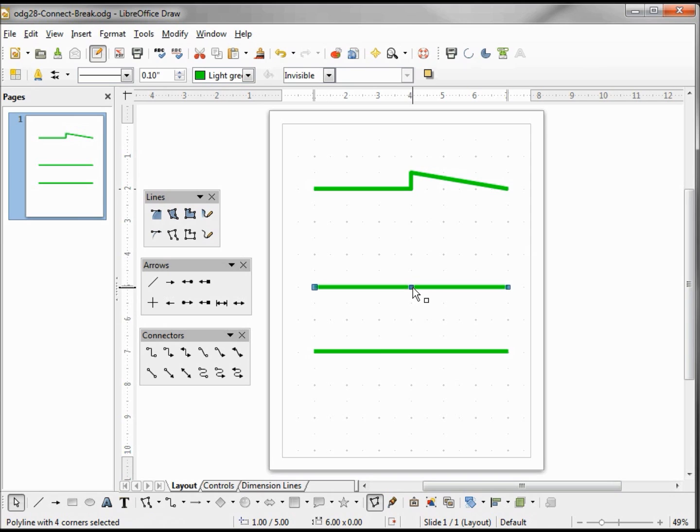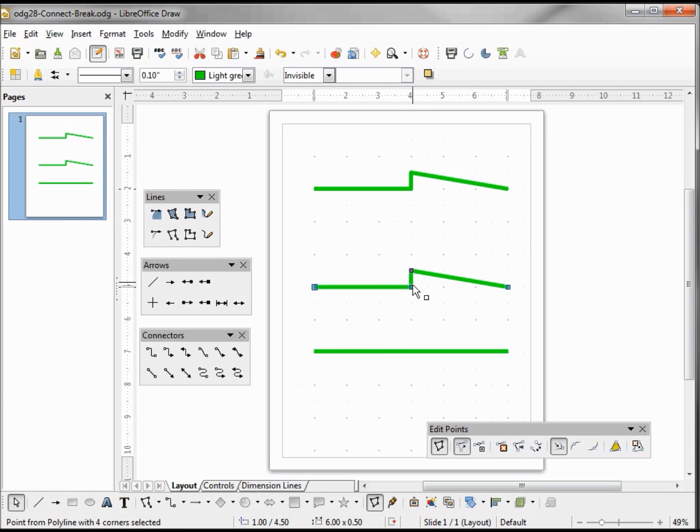But if I move my center point, we see that it adds an extra line in there. And if I look down on my copy of the original line, when I move that center point up, we see this is how a single line should move up. So it added in an extra line. Even though these 2 points were right on top of each other, it still connected them with a line. To get rid of that's easy. We just click on the point that we want to remove.